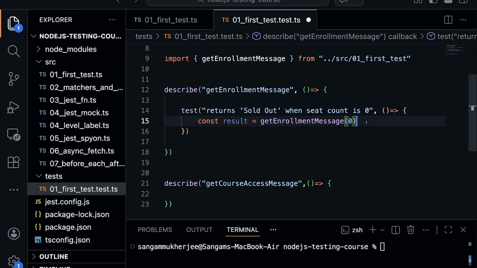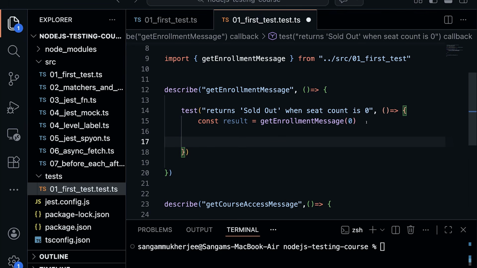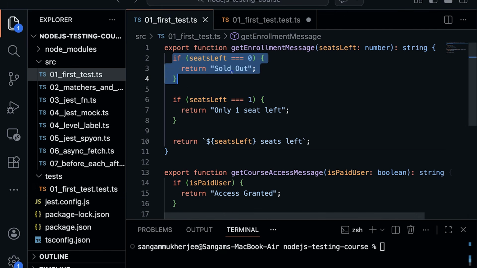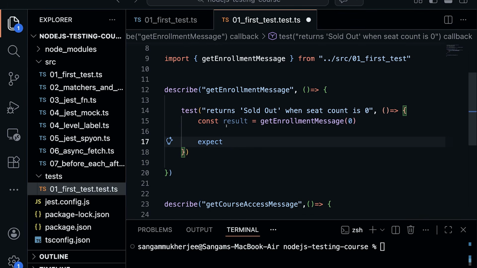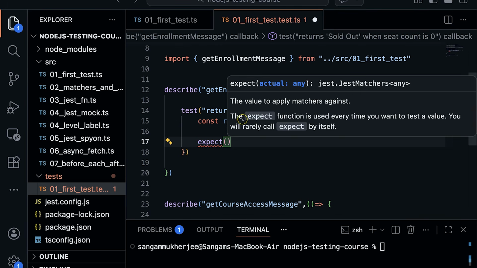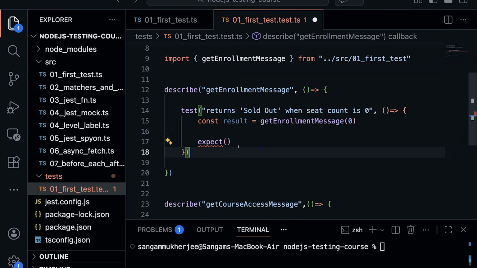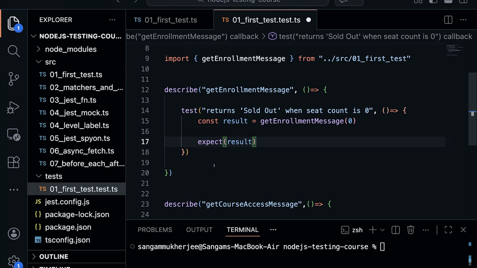So now what you need to do? This is done, but you need to tell Jest that I've called this particular function and Jest needs to expect something. What does it need to expect? It needs to expect the exact output this function is returning. So how are you going to do that? That is the reason you have something called expect. This expect function is used every time you want to test a value. So here you have to pass the value you want to test, which is result. Then you tell it that this result is going to be